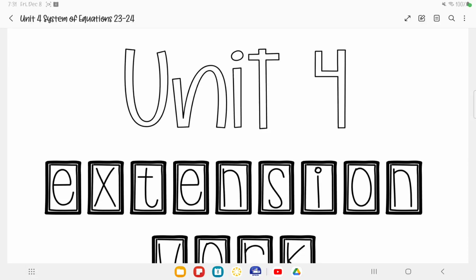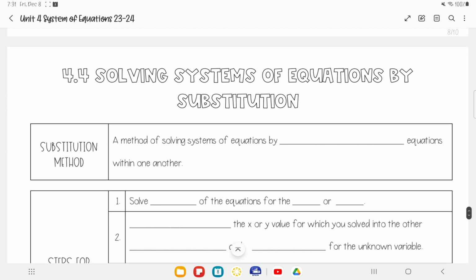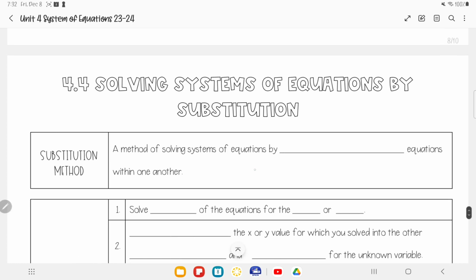This will be 4.4. If you do your extension or honors, 4.4 is solving systems of equations by substitution. You've already done systems, solving them by graphing and finding where the points meet. What we're going to be doing today is actually a 9th grade topic, but it's taking it and substituting in. So instead of graphing it, we're going to find the ordered pair. We're going to find the x and y value by substituting something in. So the substitution method is a method of solving systems of equations by substituting